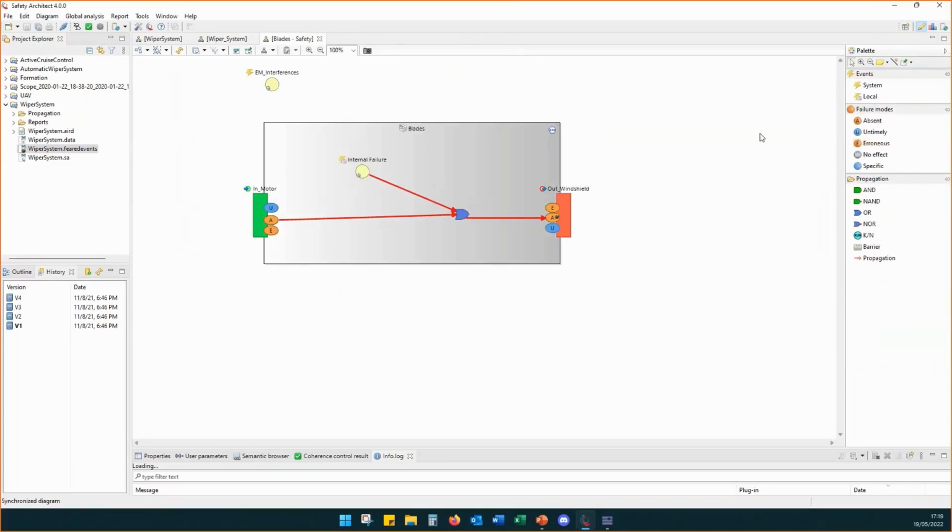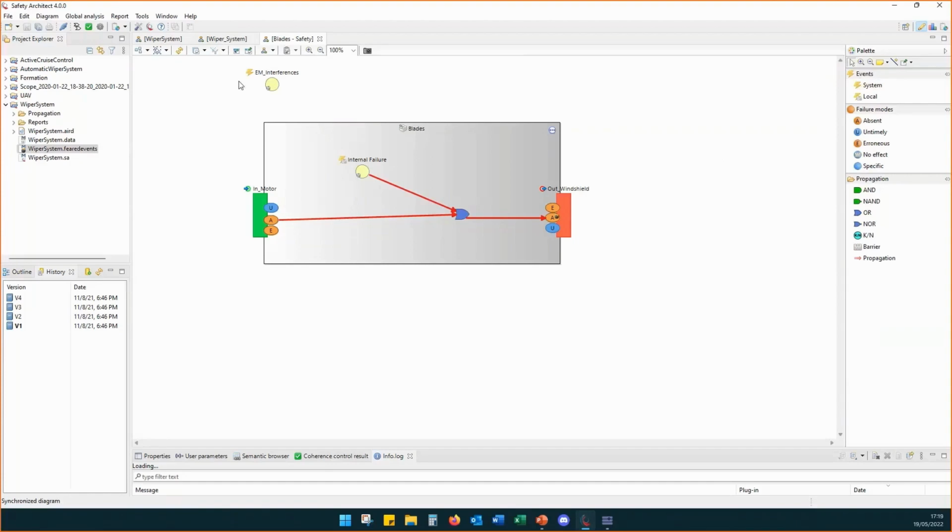So for this, we have different kinds of safety concepts. So first we have the system events.